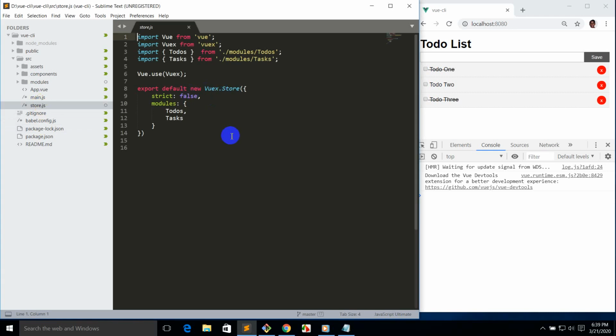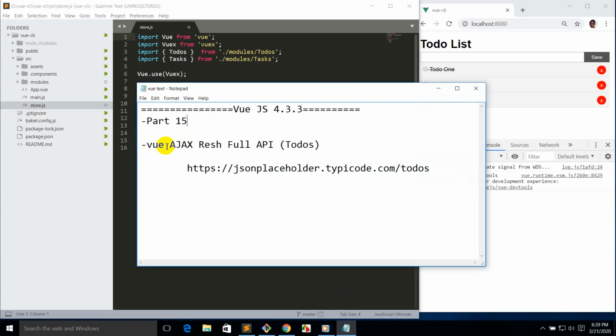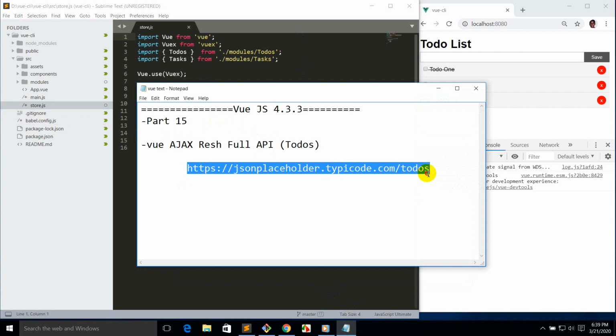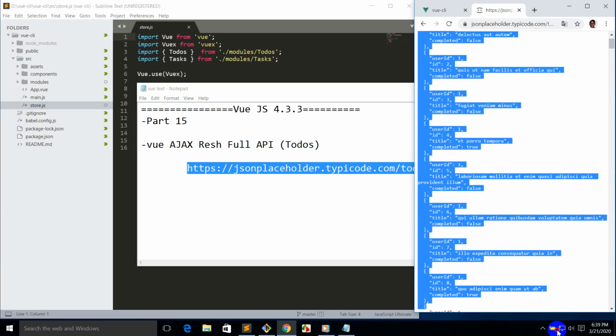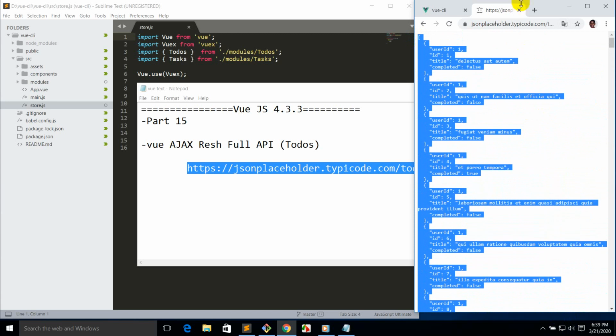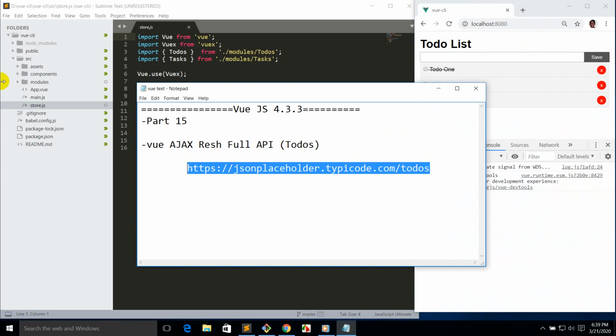Hi everyone, in this part we will complete how to use the Ajax RESTful API. This is the API that we use to complete the course groups. So I copy the URL link to retrieve the data from the internet. Okay everyone, we have the API there already, but we want to use the API to hold all the